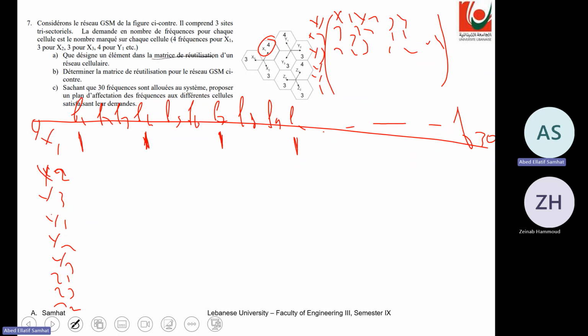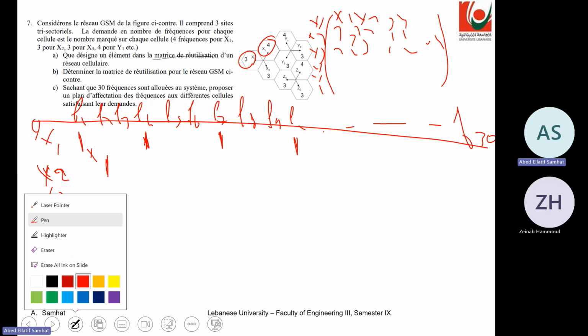I should allocate 3. And when allocating 3, I should also respect that within x2, the difference should be 3, and with x1 and x3, the difference should be 2. And with all others, the difference will be 1. So if I put F2, for example, it will not be accepted because the difference between x2 and x1 here is 1, and it should be 2 because they are on the same side. So that's why I cannot use it here,